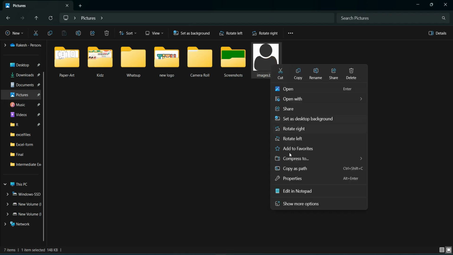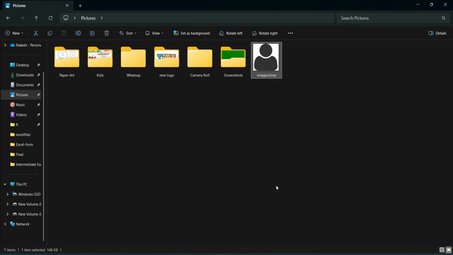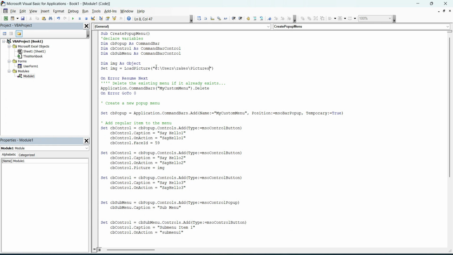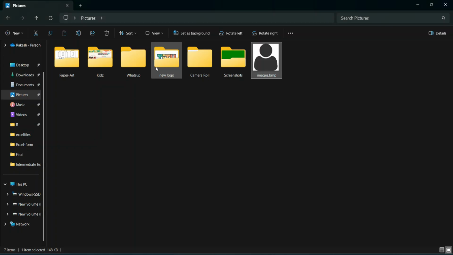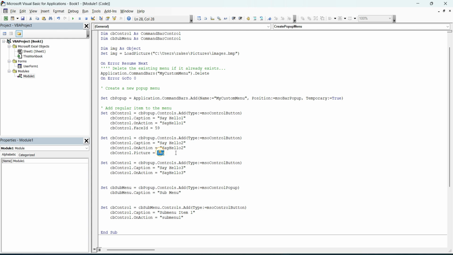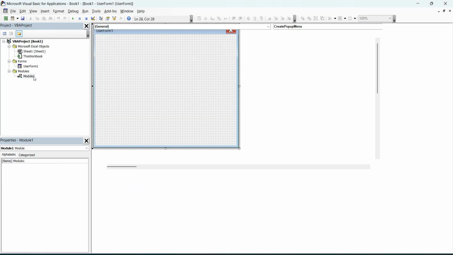Here I have the file images.bmp. In my Pictures folder, I'm just going to copy the location path and put it into the code, and make sure you select a bmp file because it works with bmp right now. And let me put the name images.bmp. Okay, and we already assigned this image over here as the Picture property. So when we run, we should have that icon as an image. This looks fine. We can use the FaceId and image in menu items. You can use them in sub items also.